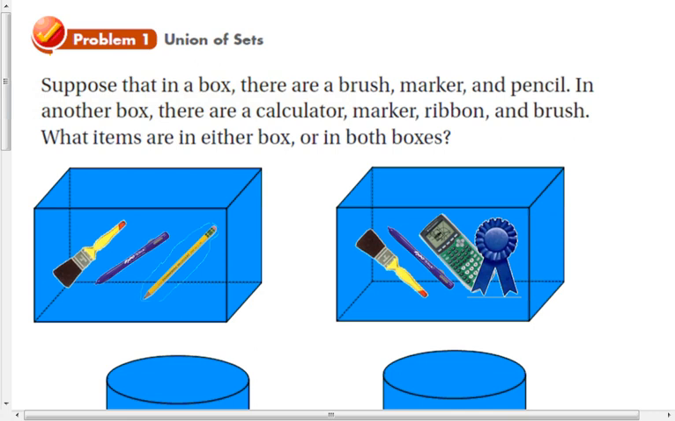All right, union of sets. Suppose that in a box there is a brush, a marker, a pencil. In another box there are a calculator, marker, ribbon, and brush. What items are in either box or in both boxes? So,